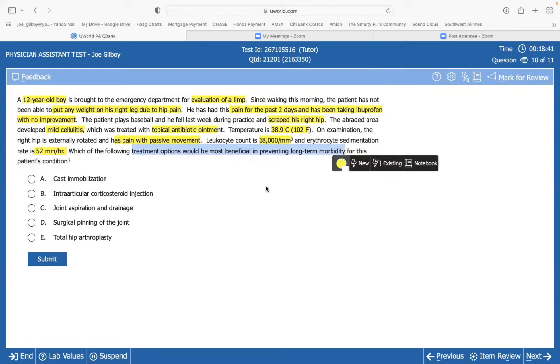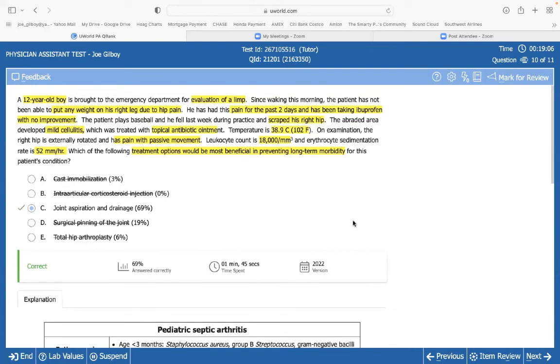kid? So you're like, okay, so I got to do something, right? Do you want to put him in a cast? Like, that makes no sense. Do you want to shoot steroids in? Like, oh, heck no. Does he need a total hip? No. Do you want to pin this? No. Oh, God, that makes sense. Get the junk out and send it for analysis. Guys, look how many people took surgical pinning of the hip. See, what I'm trying to show you is just putting the cellmate together.